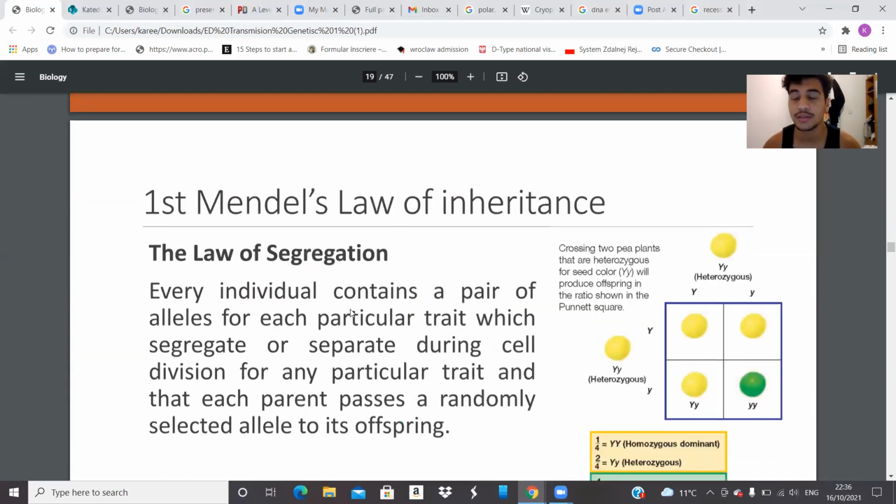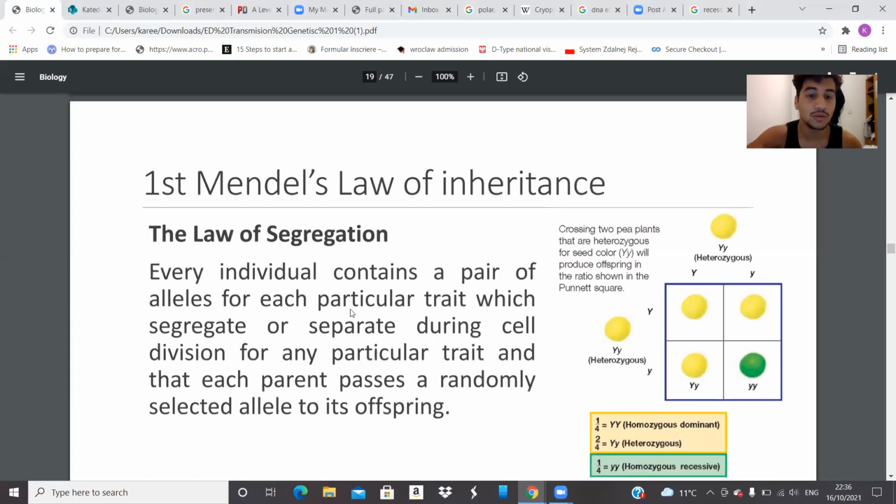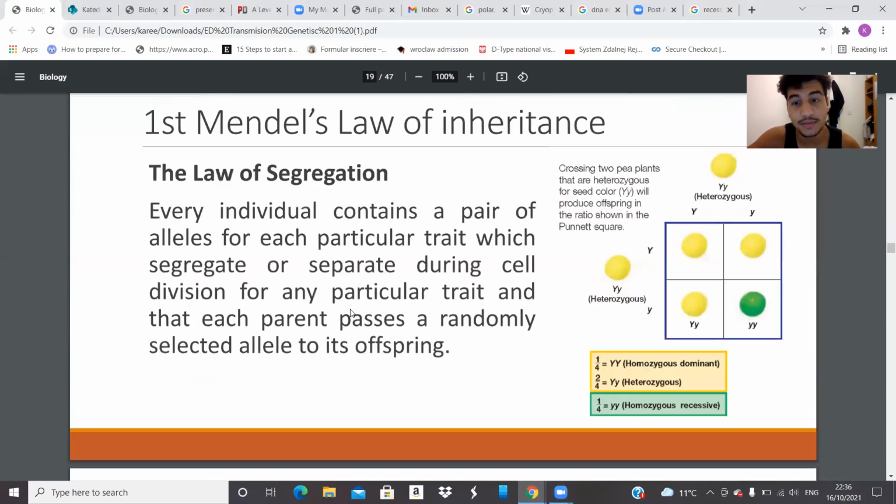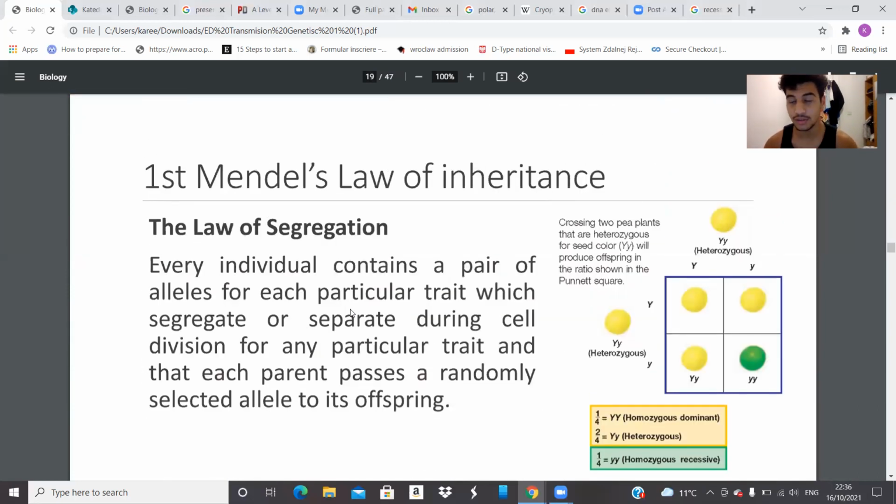Mendel's laws of inheritance. So there are, for now, two laws of inheritance. The first law is the law of segregation. And what that law says is that if you have a chromosome with two chromatids, you will have,